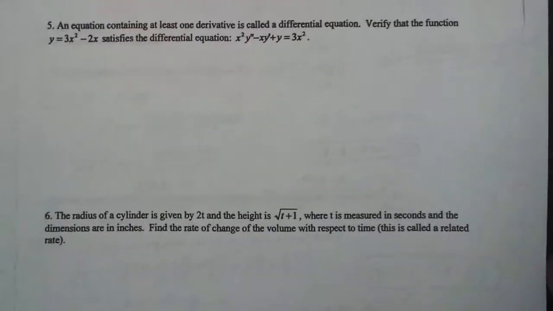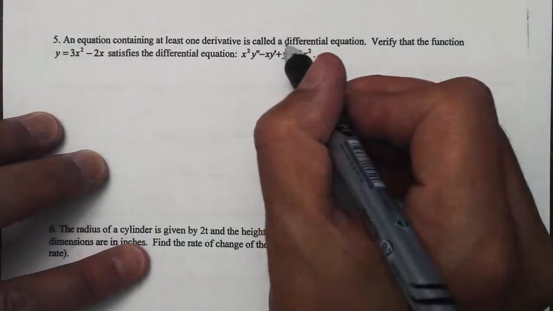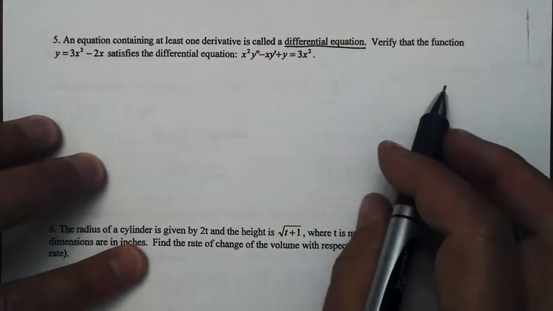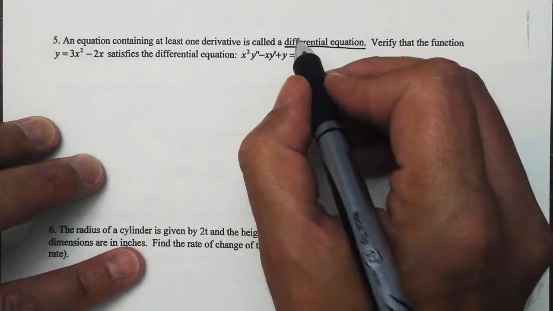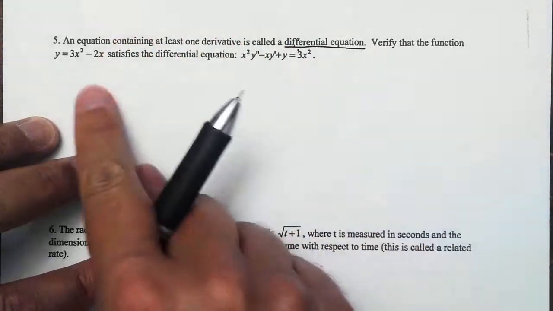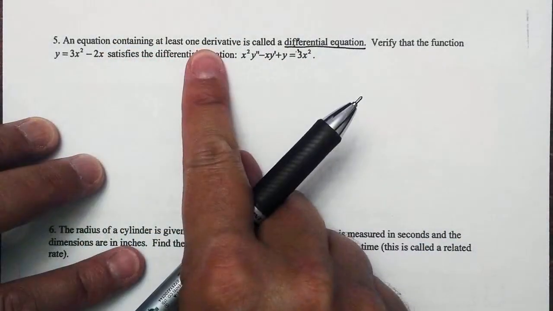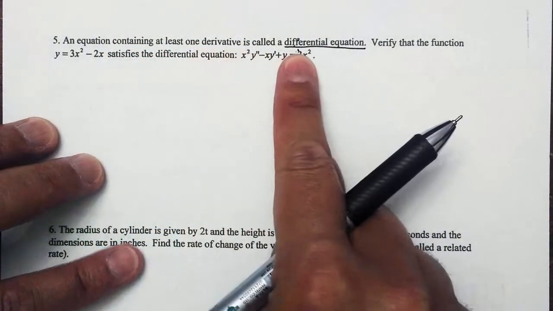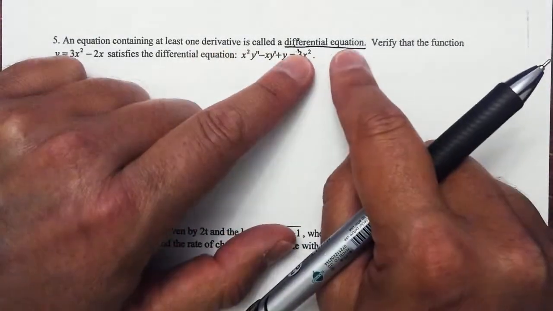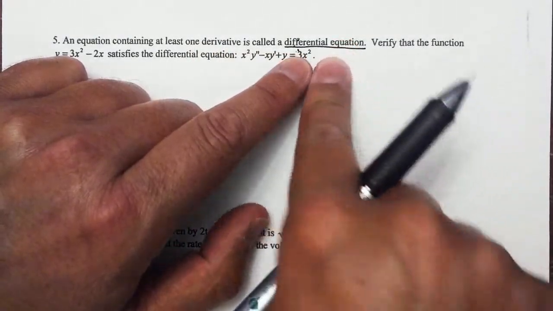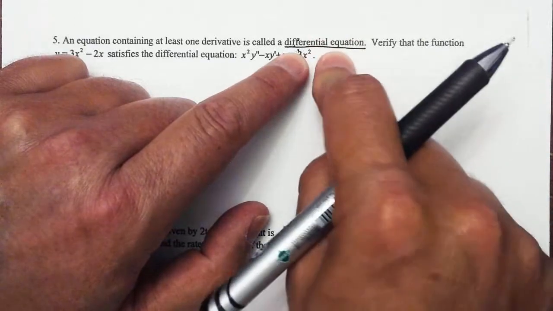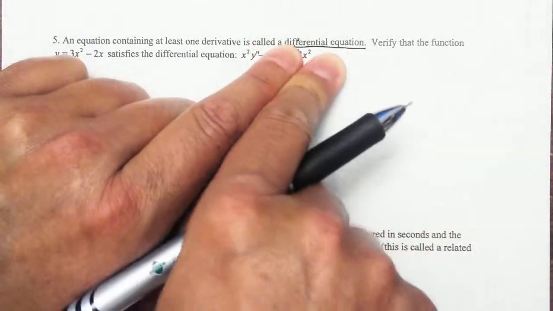We really just want to take a look at a definition real quick, and that's the word differential equation. Now we know what differential means. This means that the derivative does exist. So an equation containing at least one derivative is called a differential equation. So this is just an equation that has a derivative in it. We're going to talk a lot about these this year, and next year in multi, we spend like a semester